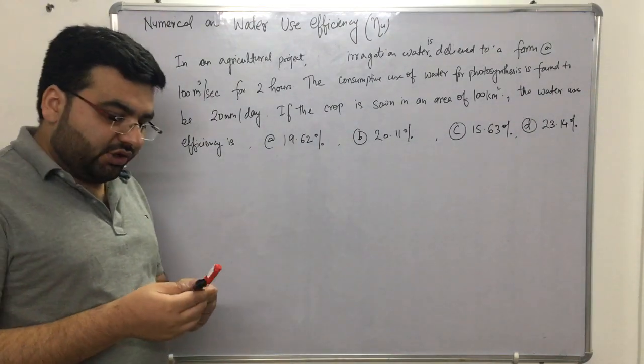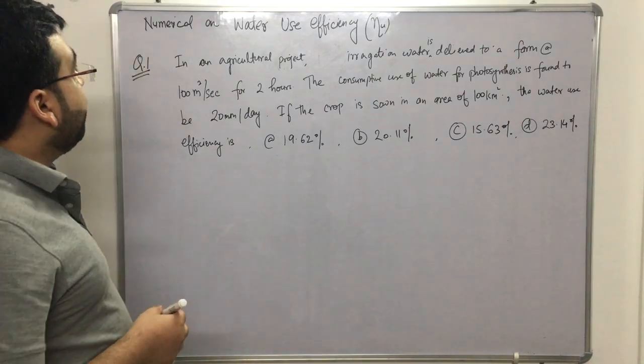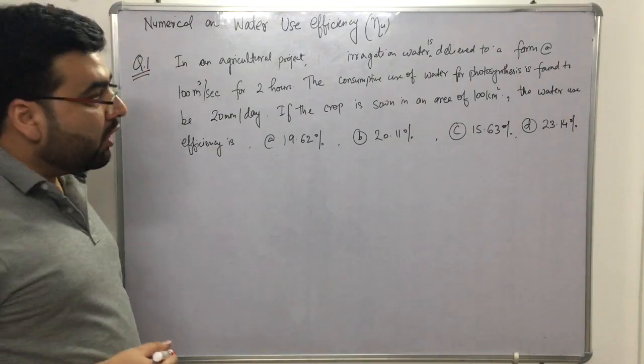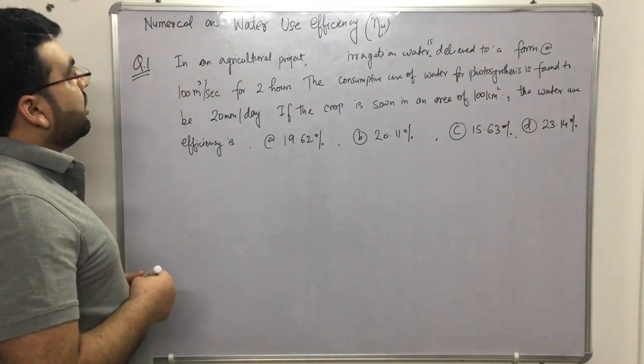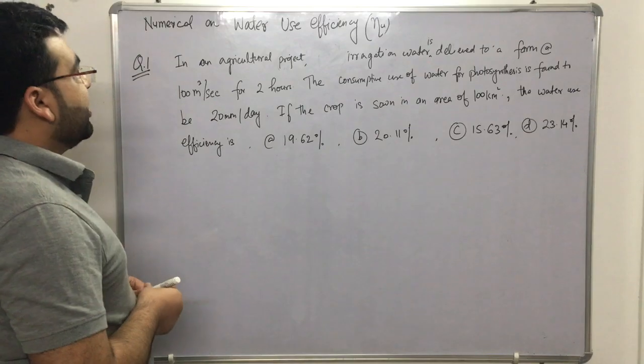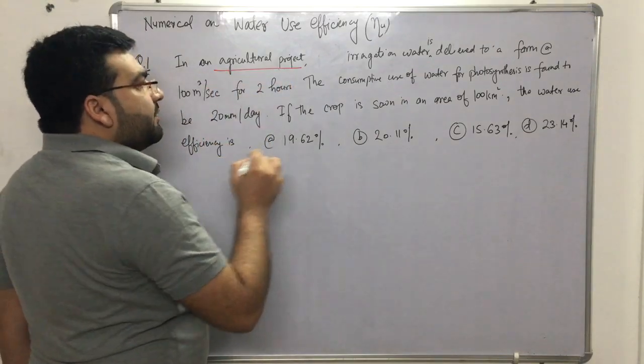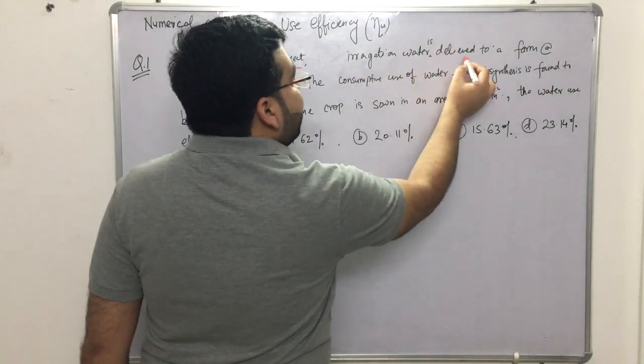Subject: irrigation engineering. Chapter: irrigation efficiencies. Topic: numerical on water use efficiency. So now let us solve a numerical on the topic that we recently studied about the water use efficiency. The numerical says that in an agricultural project, the irrigation water